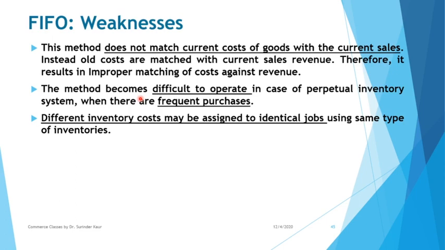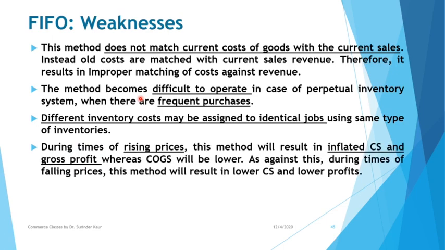Suppose you purchased the first raw material lot at 10 rupees. You purchased the next lot at 11 rupees and maybe the next lot at 12 rupees. Now the stock which is produced from the first lot will have a lesser price as compared to the stock produced from the third lot. So even if you are asking for the same quantity, the price is going to be different. But anyhow, this is a practical part of this system.